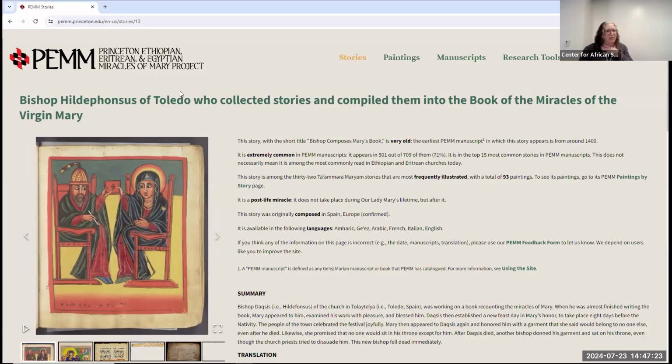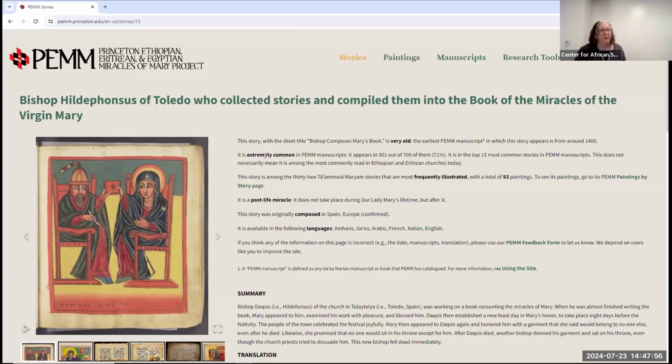All right, so this is just to give you kind of a sense for the page. I felt like a lot of pages that are in the digital humanities, that's what this kind of project is called when you're collecting a lot of data about literature, that they were very impenetrable, like would just give you stats or would only give you tables like the previous page. So I wanted to have this where it was written out and more accessible to other people. So instead of just giving the date, we actually say this story with this short title is very old. It appears in manuscripts from 1400.